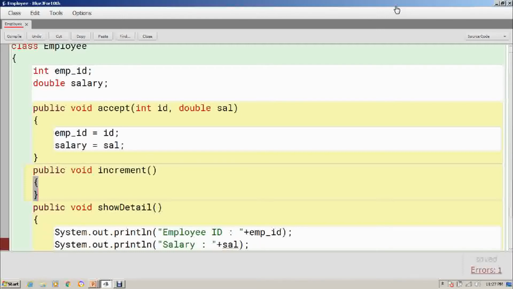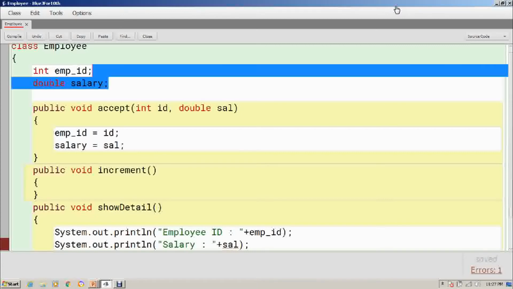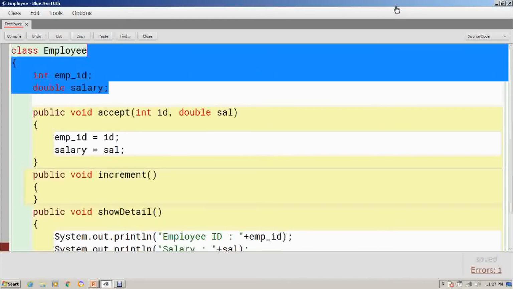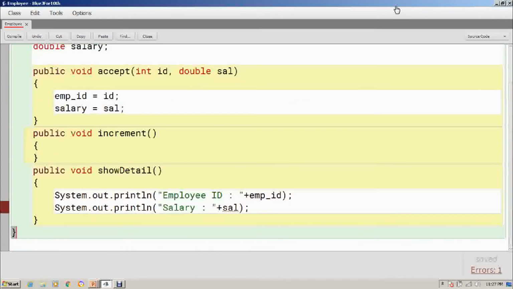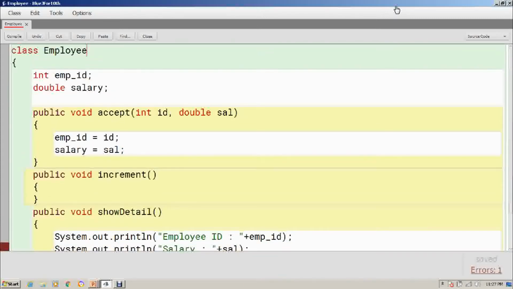Now you can see I have declared this employee ID and salary inside this class, and I am using them inside different behaviors. How is it possible? The reason is these data members are declared inside the class, and hence they have the scope of this whole class.